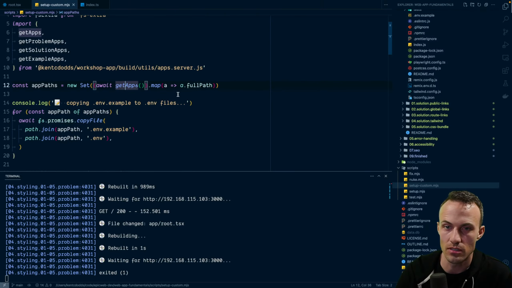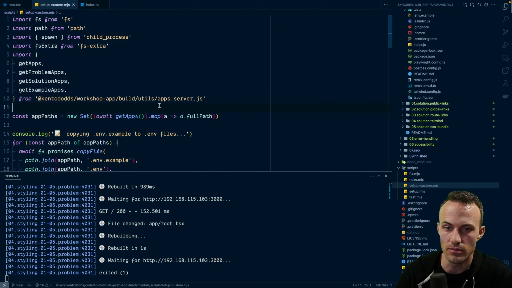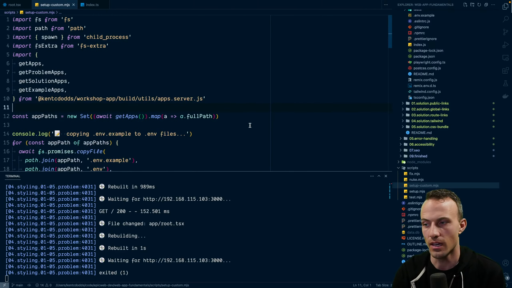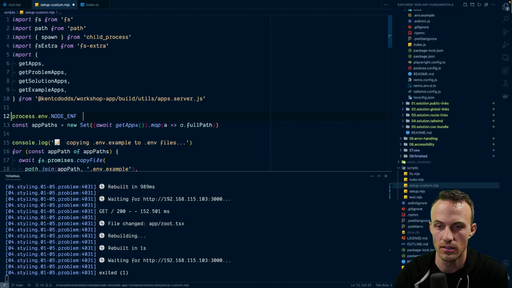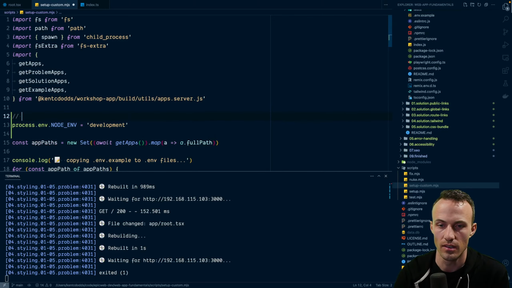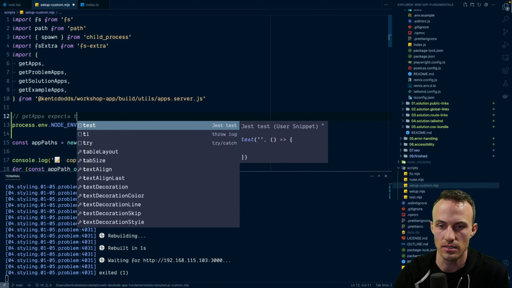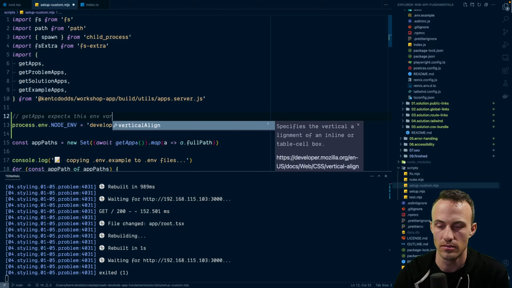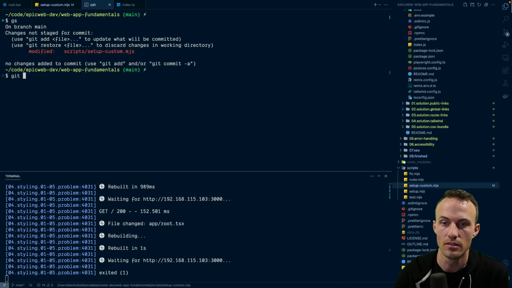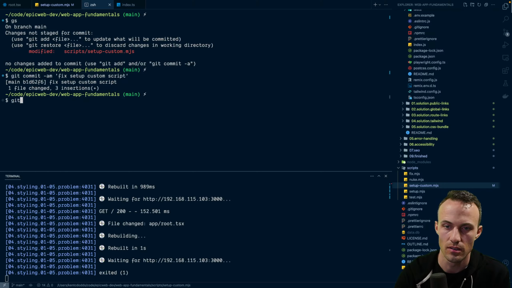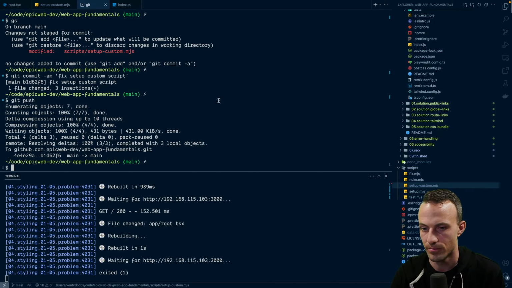This get apps is doing stuff. Okay, that is fine. Process env, node env, development. Get apps expects this. That's kind of annoying, but it is what it is. Fix setup custom script. Okay, sweet.